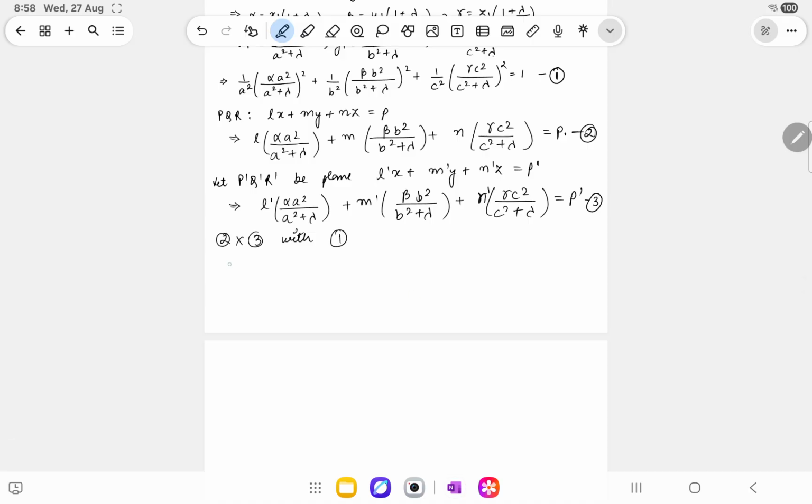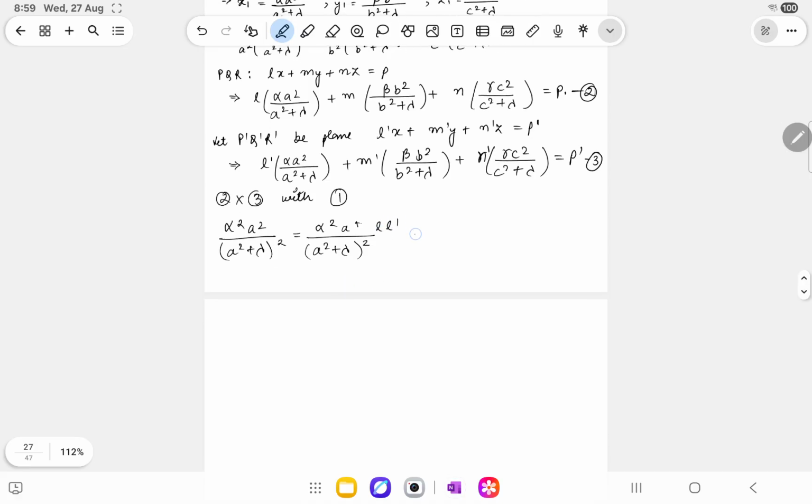So I'll get alpha square a square upon a square plus lambda whole square, and if I multiply 2 by 3, the coefficients of a square plus lambda whole square will be basically alpha square a raised 4 upon a square plus lambda square into l dash. So likewise, if I compare terms with b square plus lambda square, I'll get beta square